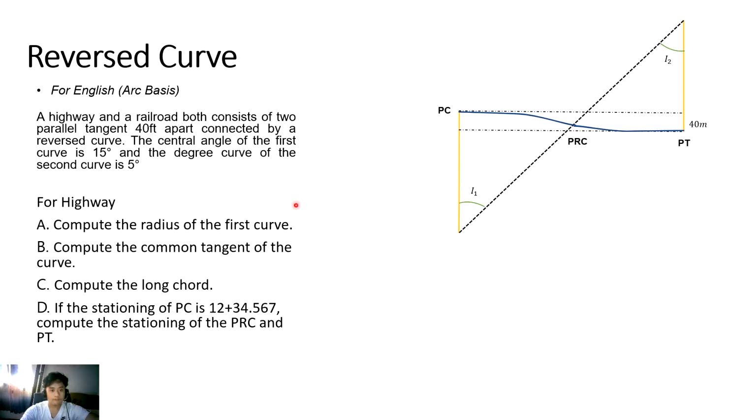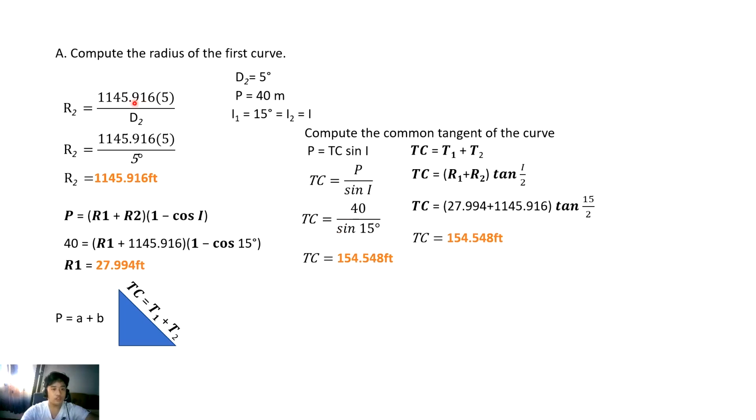Okay. So, ngayon, kukompute na natin yung radius of the first curve. So, dito, pinakita ko na para makuha natin yung R2, 1,145.916 times 5 over D2. So, hindi ko na siya sinunod ng isang bagsakan, para makita natin kung paano ba siya nag-iiba compare dun sa metric. So, ngayon, makukuha natin yung R2 na 1,145.916 feet. Then, para makuha naman natin yung R1, gagamitin ulit natin yung formula na P equals to R1 plus